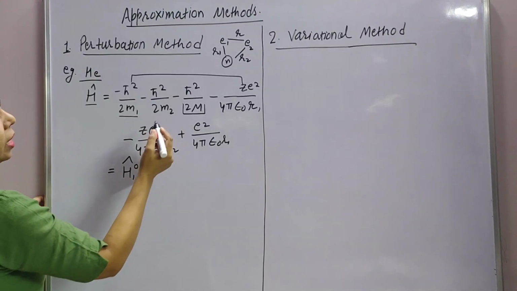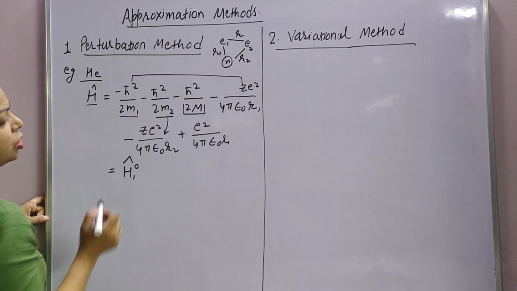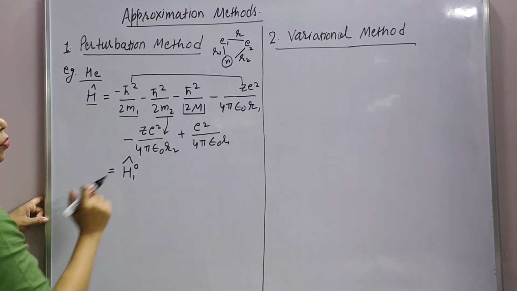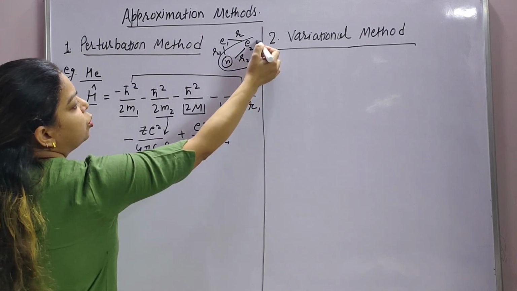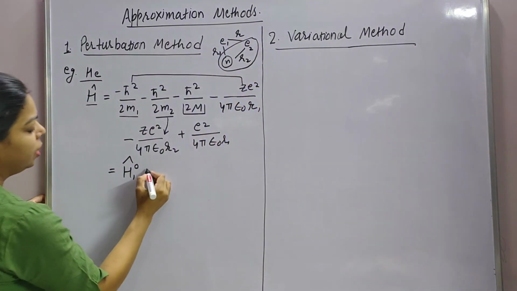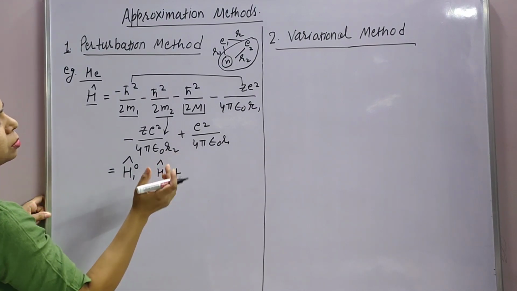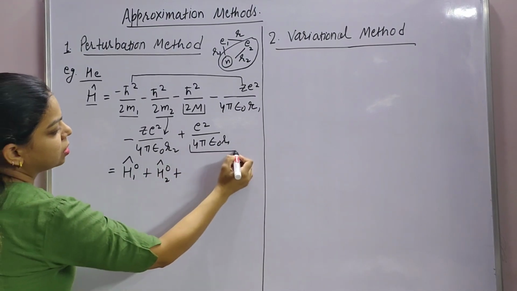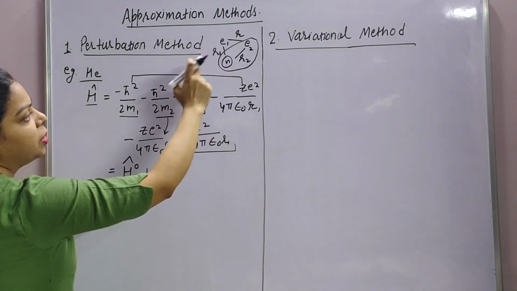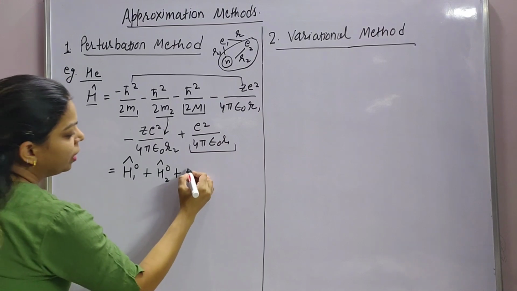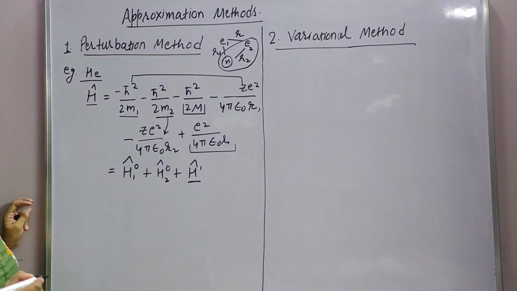Alright. Now again I can combine this term and this potential energy term. So this will be again equivalent to the nucleus and second electron. So this is again equivalent to a hydrogen atom. So I can write it like H2 naught. Now the rest of the terms which are left is this term which depends on the inter-electronic repulsion between two electrons. So we can treat this function as the perturbation. This is the perturbation in the system.